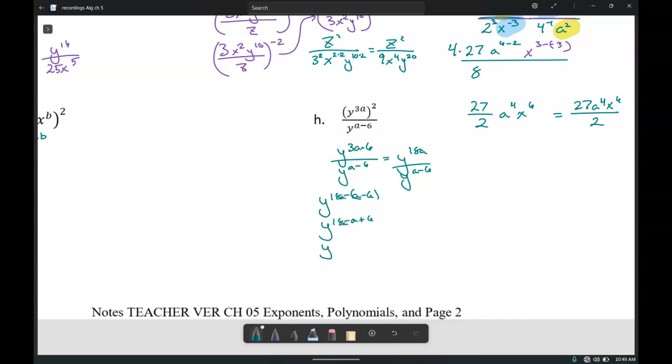So y to the 6a over a y to the a minus 6. Use our quotient rule. Distribute the negative. And we end up with y to the 5a plus